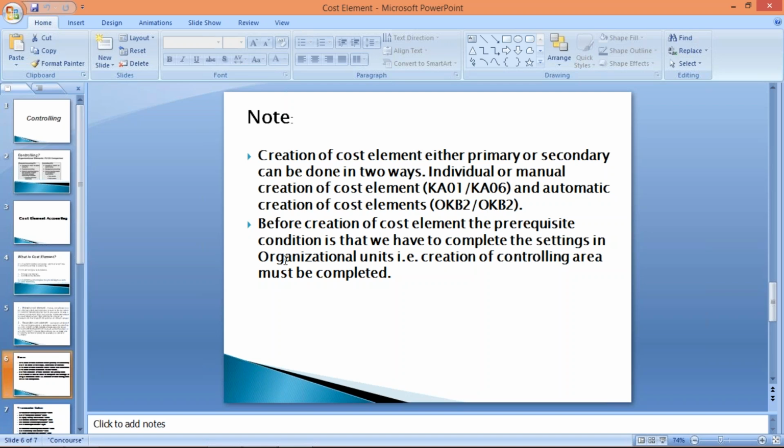Apart from this, let me discuss the second topic also, then I'll show you guys practically whatever I have explained. So before creation of a cost element, the prerequisite is that we have to complete the setting in organizational unit, that is, creation of controlling area must be completed. Guys, whatever OKKP setting, if you can recall, during enterprise structure and during transaction posting,